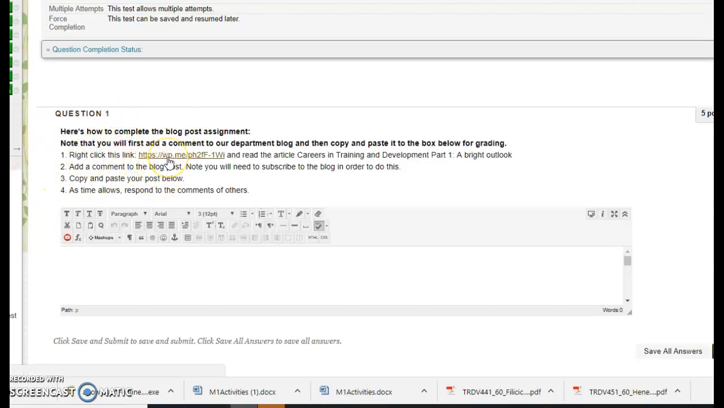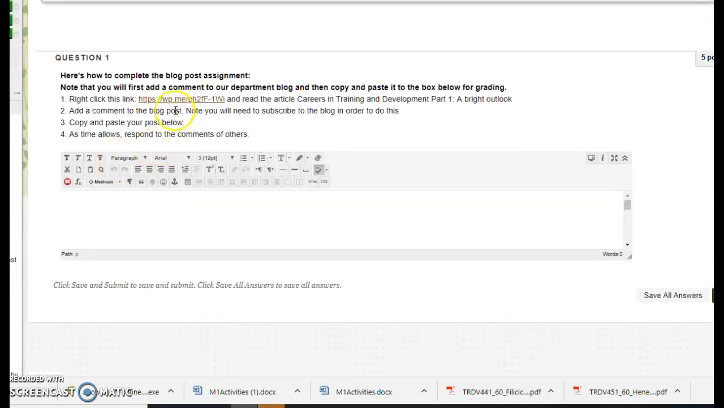So basically what you'll be doing is going to our department blog, Are You Training? And there are a number of articles in the blog written by faculty, alumni, and other industry professionals. And what you will do is read this particular article, which addresses careers in training and development. And then you're going to add a comment to the actual blog. So you'll actually be able to post a comment to our blog that you will share with all of our